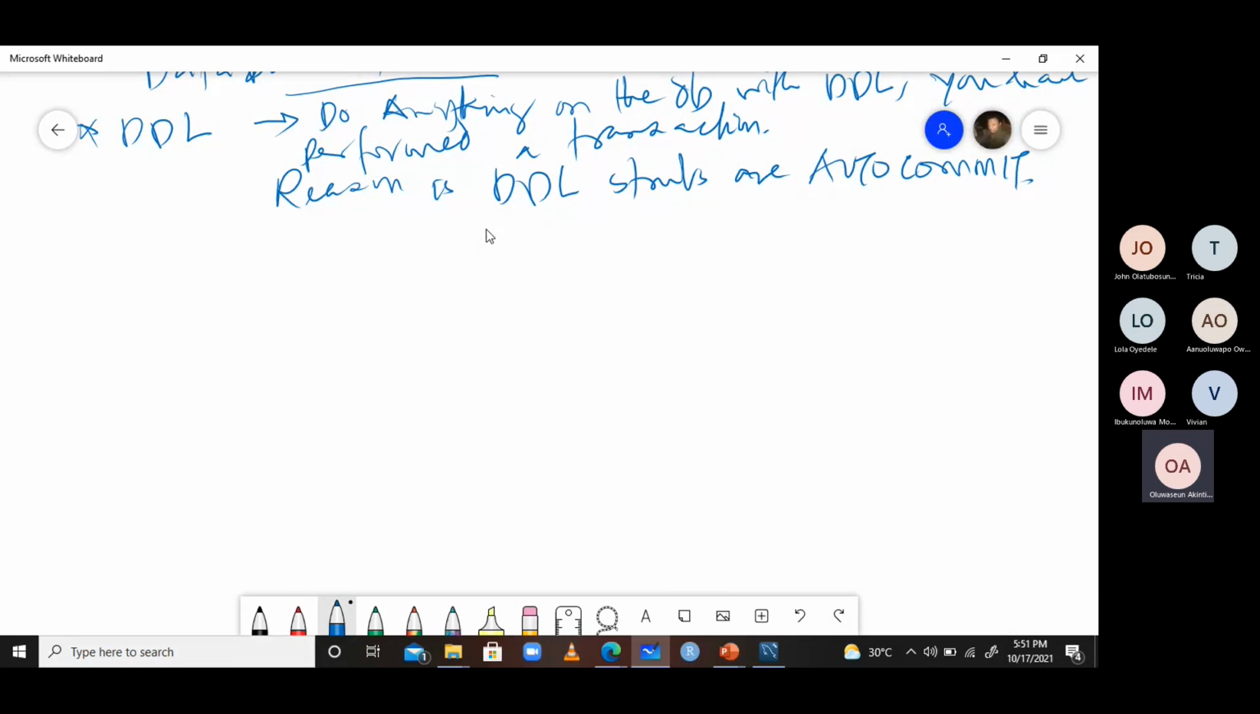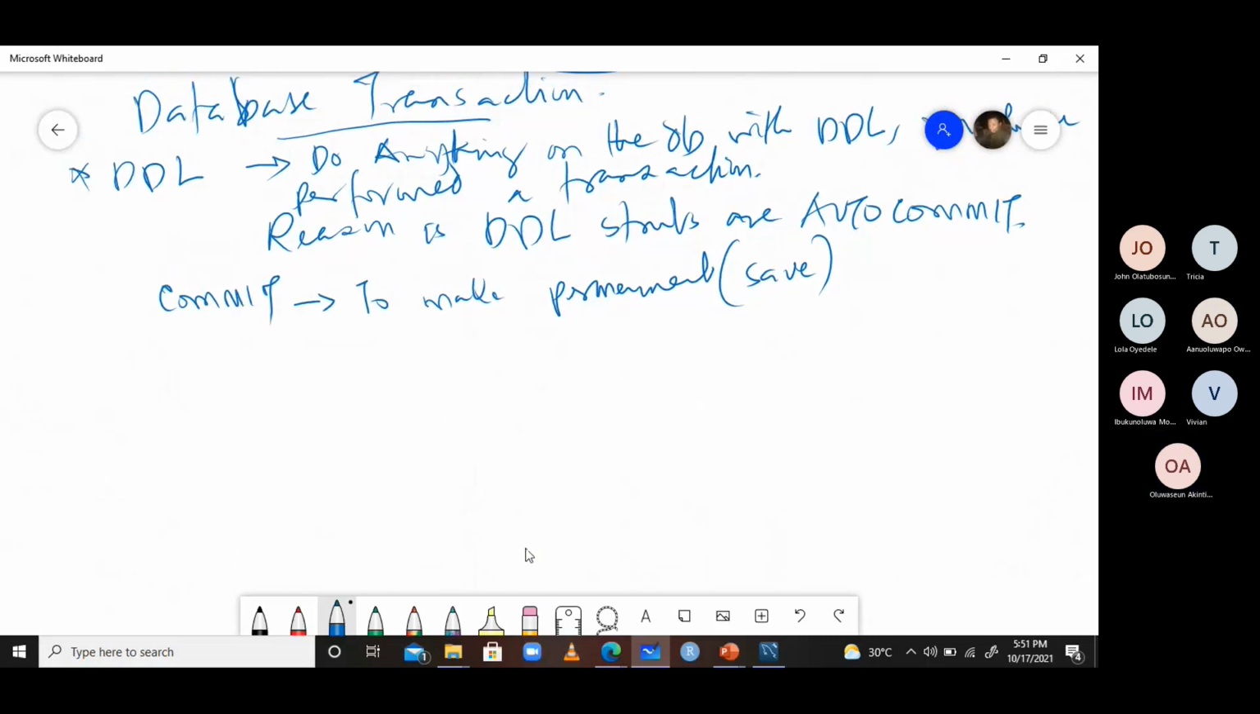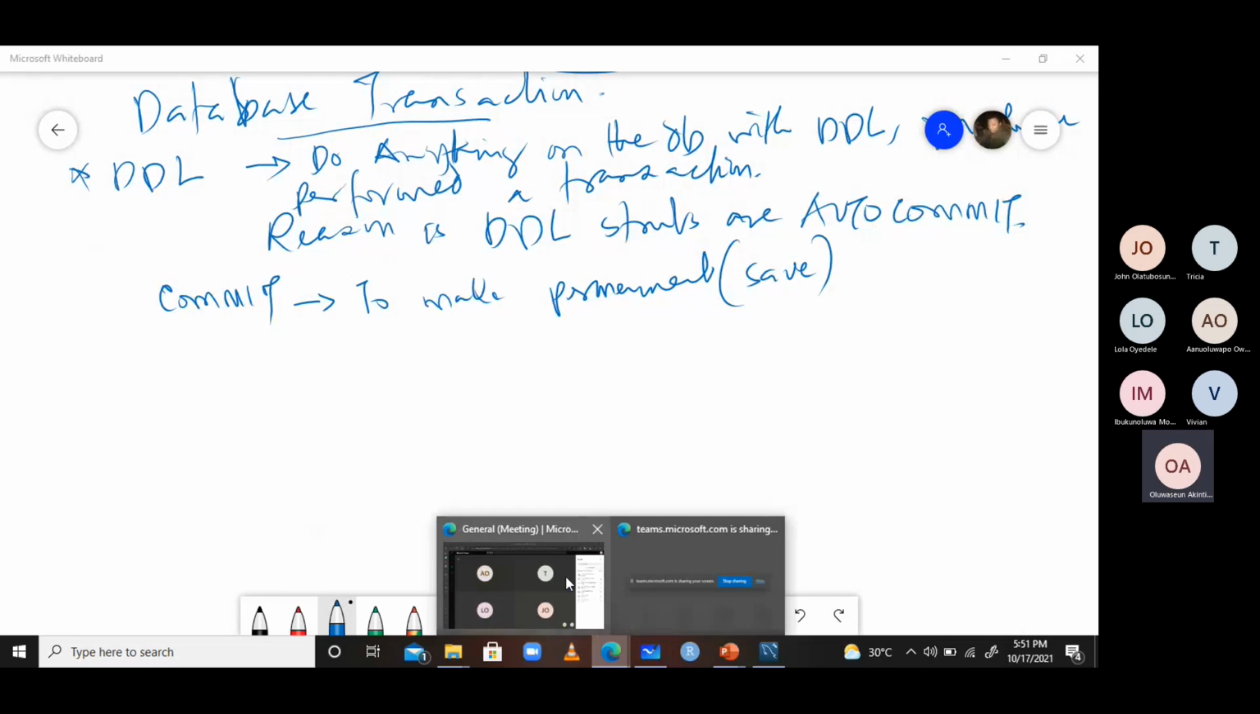Commit means to make permanent, right? Like save in Microsoft. When you save a document, when you save your presentation, you say you have done a transaction, right? So that is the same thing that we're talking about. So when you perform a DDL statement, what you say is that you have performed